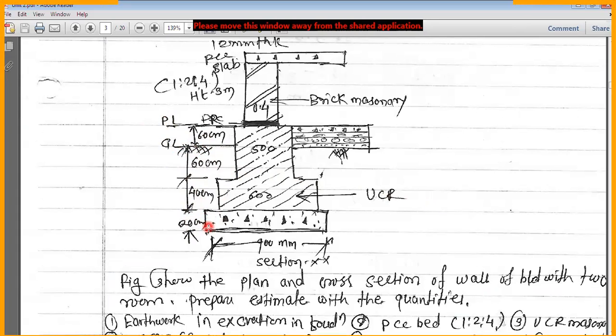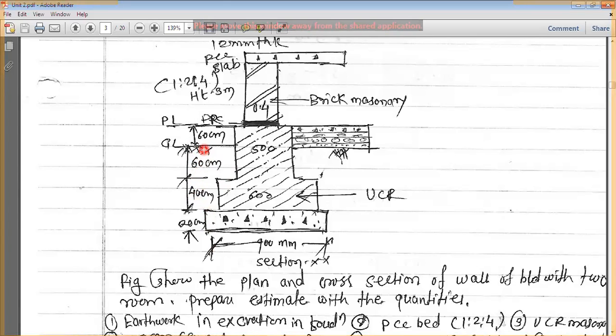मग ही टोटल हाइट, सॉरी टोटल डेप्थ मी कशी डिटरमाइन केली. See the first depth which is being given 60 centimeter, that is 0.6 meters. Then 40 centimeter, that is 0.4, so that comes as 1 meter, and this is 20 centimeter, so that comes as 1.2 meters. Always remember, whenever you are going to calculate the depth for the excavation, you need to calculate the depth from ground level only, okay, and not from the plinth level.